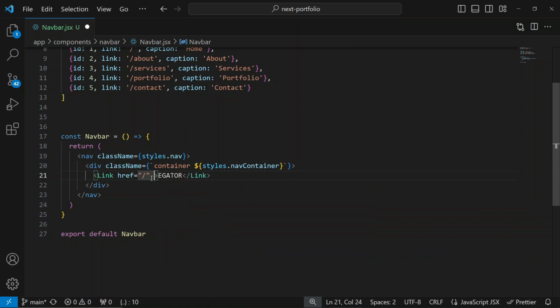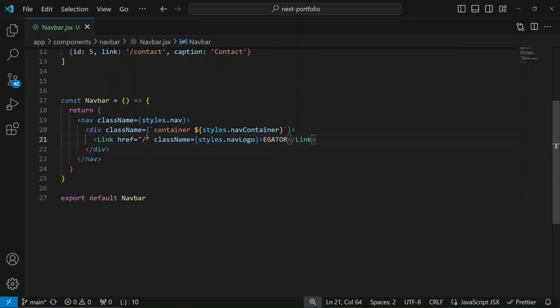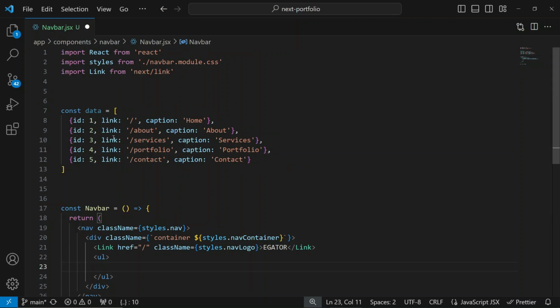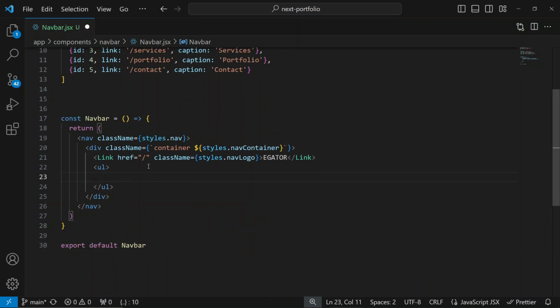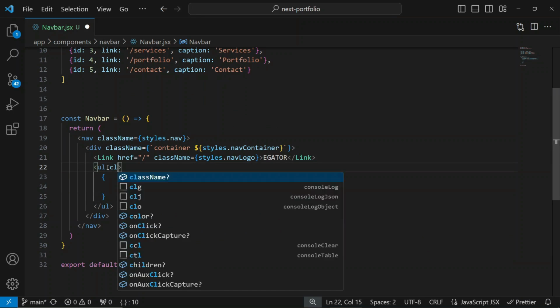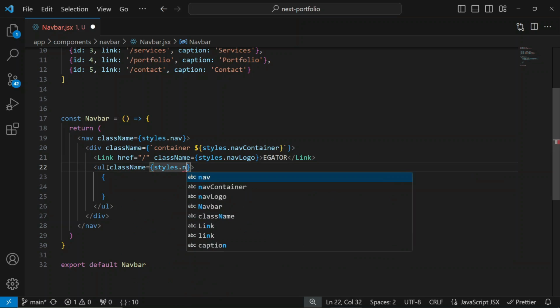And lastly, let's give this a class of styles.navlogo. That should be enough. And next to this, we are going to have an unordered list of all the nav links that we need. So we have the array here already, so we can just map through it. Okay, now let me actually give this an unordered list, a class styles.nav items